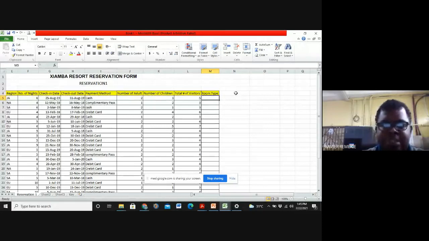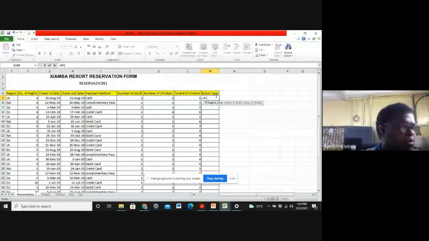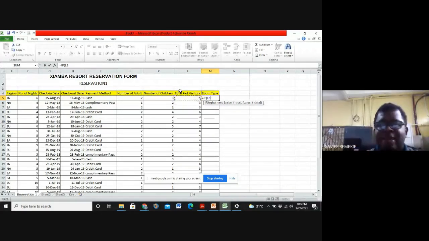So I'm saying equals IF, open bracket. Make sure you write this down. Equals IF, open bracket, if L5, which is the total number of visitors, if L5 is less than or equal to 2,